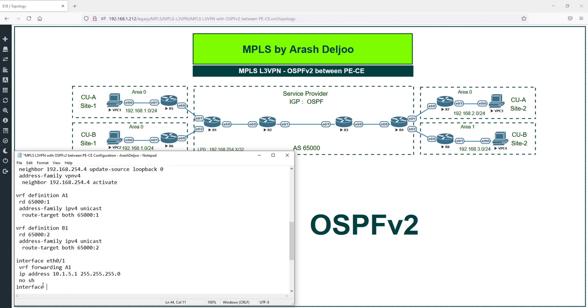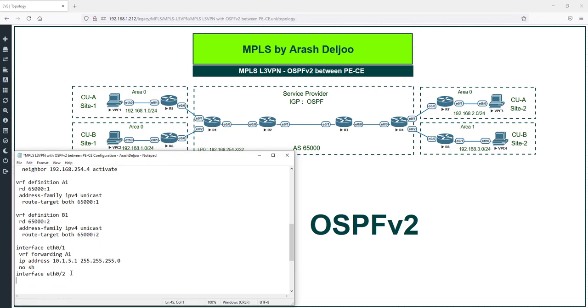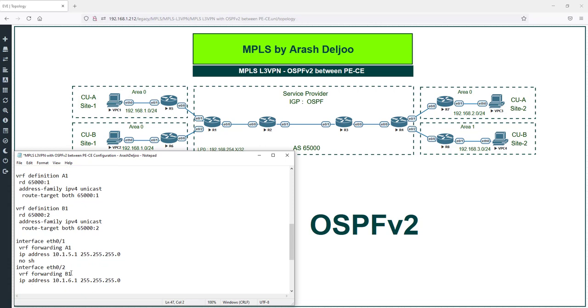Also, we have interface ETH02. Then we should assign the VRF to this interface with vrf forwarding, for example, B1. After that, IP address assignment, ip address 10.1.61.1 255.255.255.0, and then no shutdown. This is the configuration of the VRF and also the VRF assignment in